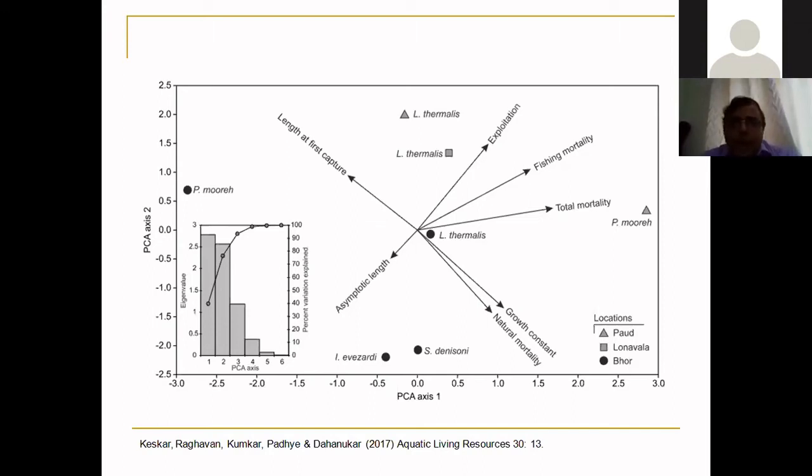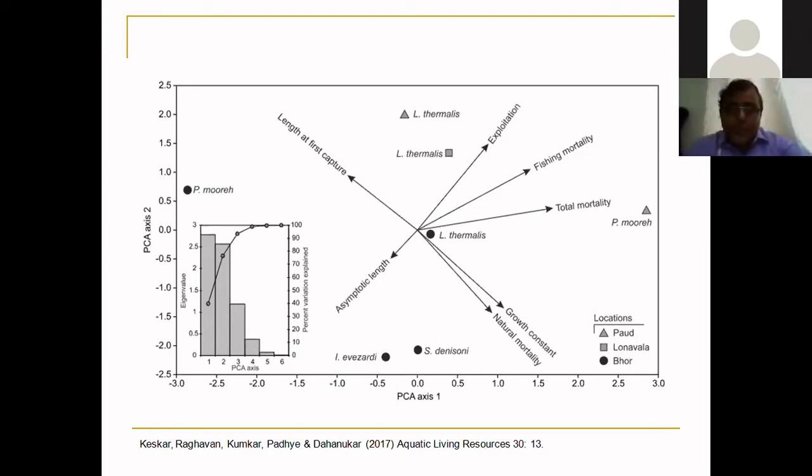Many people think that if you do PCA, you just plot the first 2 dimensions and that is good enough. So don't look at how much variation it is explaining, just plot the first 2 dimensions. That is a wrong thing. You have to be very, very careful about looking at how much variation your principal components are explaining.